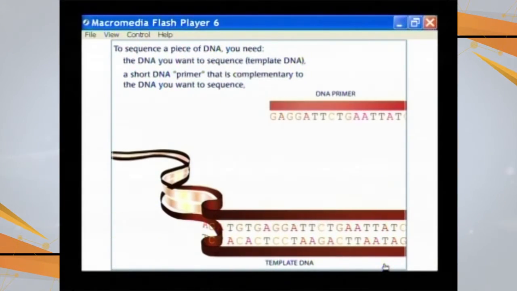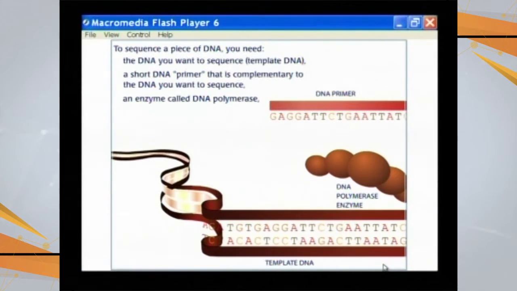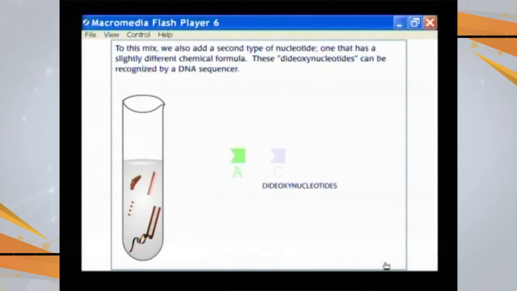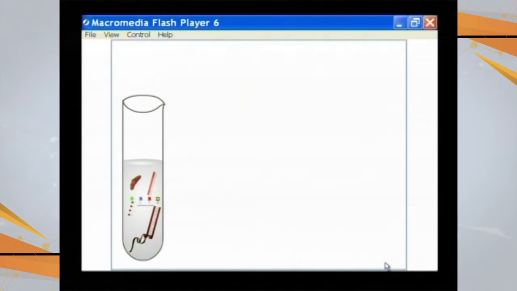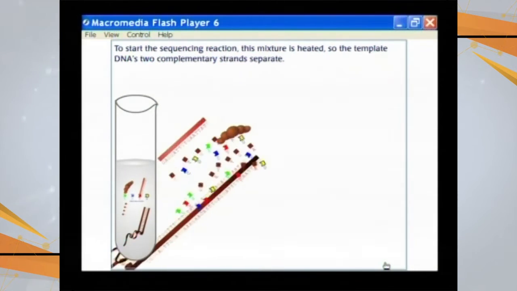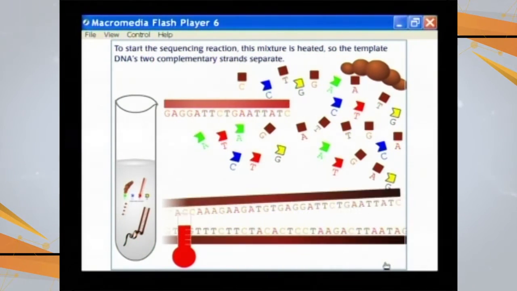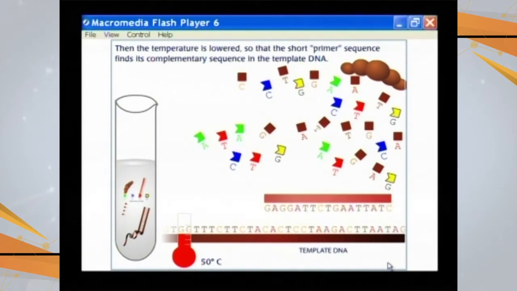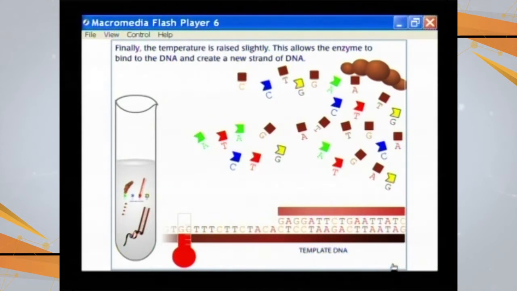So going with the detail of the same in the form of animation. The initial steps remain the same as we went through in our previous animation. That is, first we are going to heat the DNA. So this double stranded DNA is converted into single stranded DNA, and then we are going to add dideoxynucleotides. These are radio labelled, and then we are going to have the same steps, that is the separation of the strands. The primer is going to come. The primer is going to attach at the priming site to start the reactions.